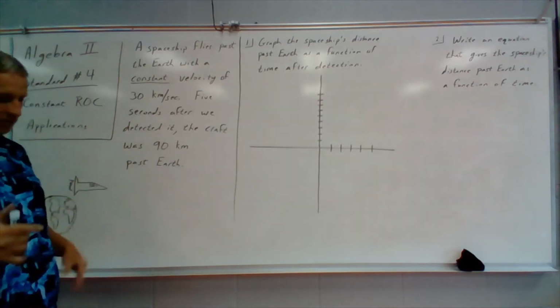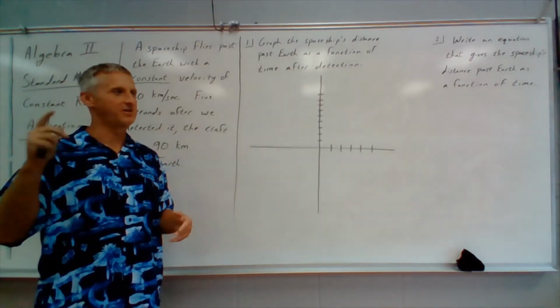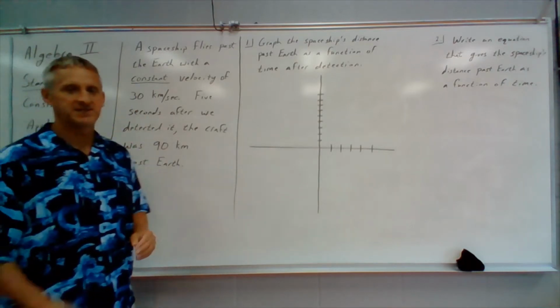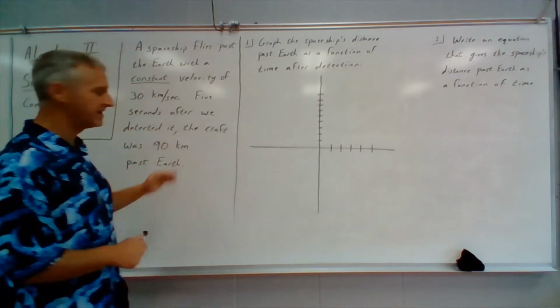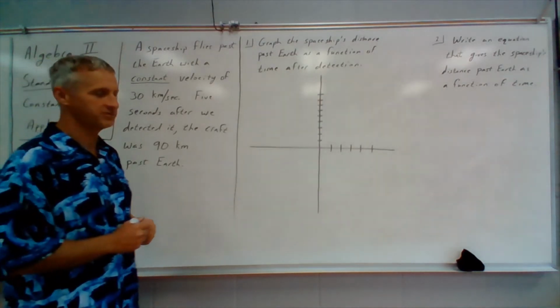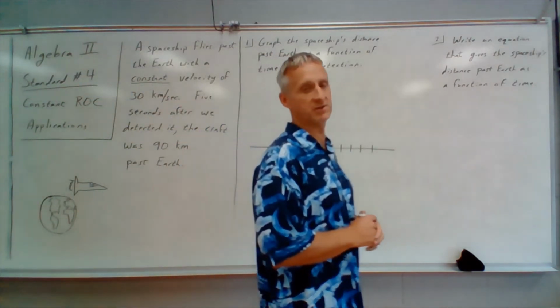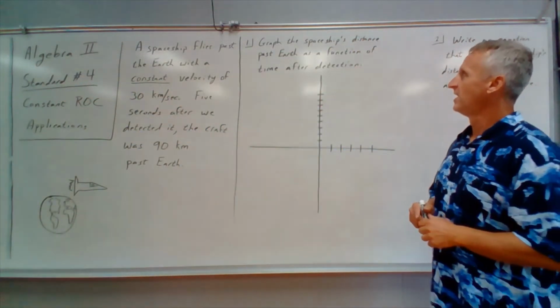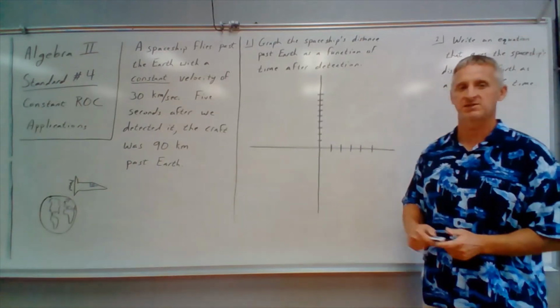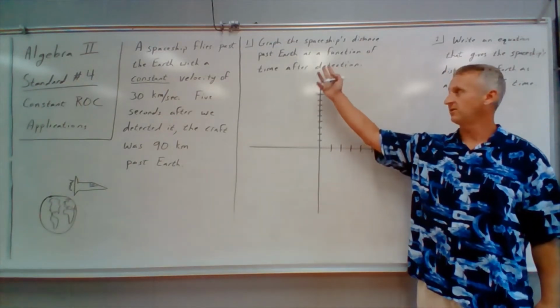All right, so we're looking out there and all of a sudden we detect this spaceship flying by. 5 seconds after we detect it, it's 90 kilometers past Earth, so we'll say to the right of Earth here. It's 90 kilometers past Earth 5 seconds after we detect it. Question number 1 says to graph the spaceship's distance past Earth as a function of time